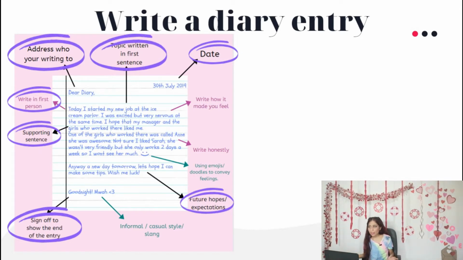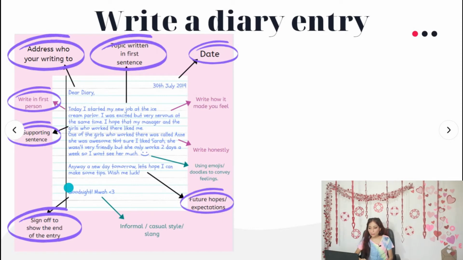I don't have one, but I think I used to have a diary when I was your age. I wasn't really a big fan of diaries because sometimes I forgot that I needed to write something, and I always forgot to do this. So, as I was telling you, a diary is used to express the things that are on your mind. What are you thinking? How do you feel? Your expectations, your plans, everything that you feel.